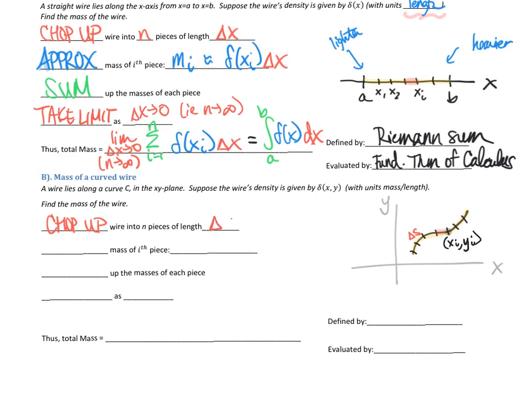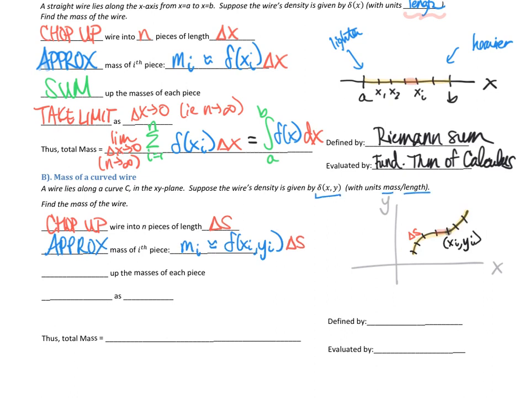So I can approximate the mass of just that little piece by taking the density at that point times delta s. And notice the units of my density are still units of mass per unit length, because